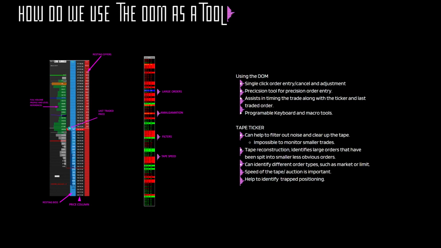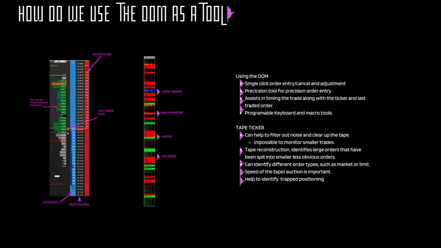And then this little red box here lights up blue or red and shows me the order quantity that's just been executed, so I can really quickly see what's happening and whether participants are buying or selling at any given moment. And what's really important with a DOM, and where it gives you that edge, is